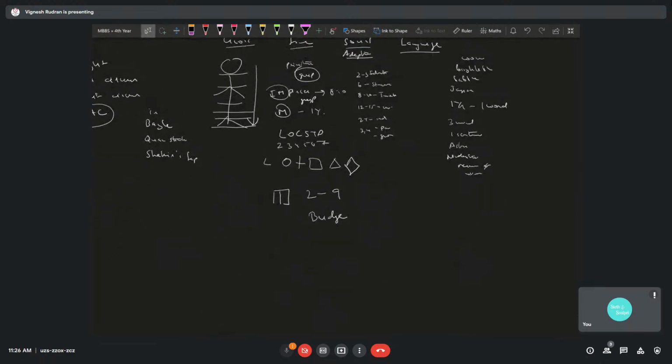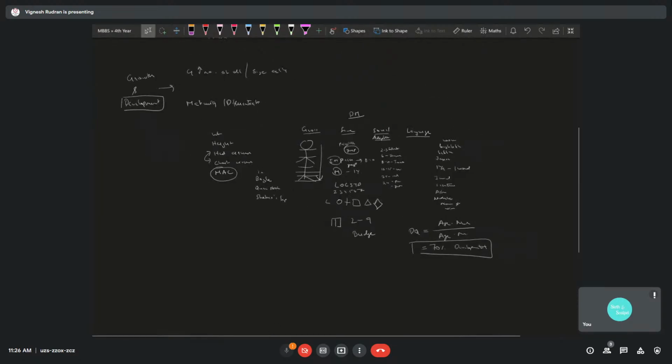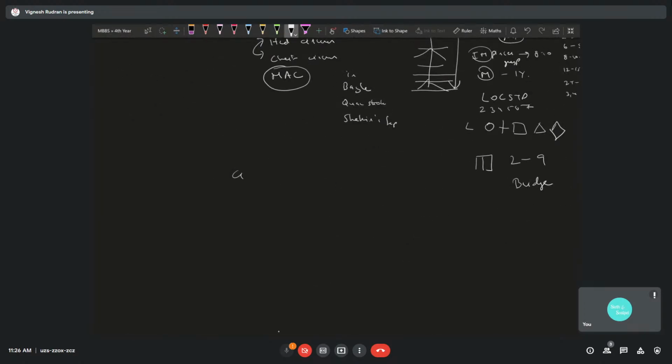So there's one important thing known as development quotient or DQ. What you do is you divide the age at which that milestone appeared, for example neck holding, by the normal age where that thing appears. So if you have less than 70%, then it's a developmental delay. You can say this as an extra point when it comes to your development milestone. And then there's one important thing known as growth charts.